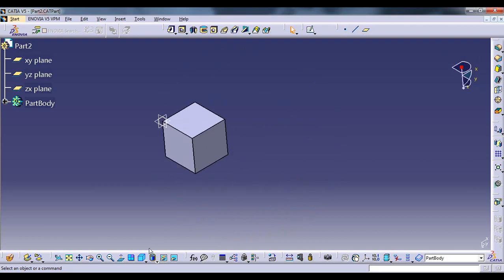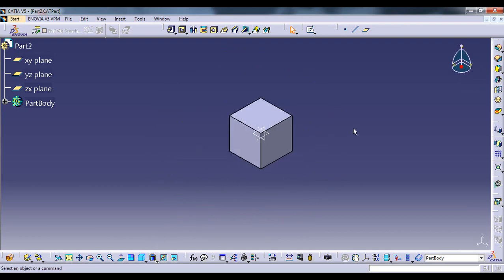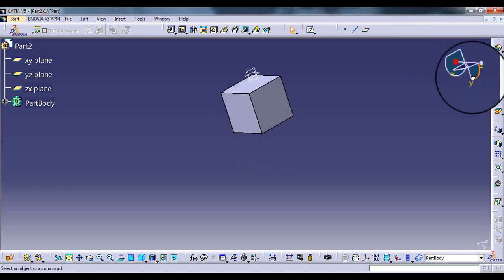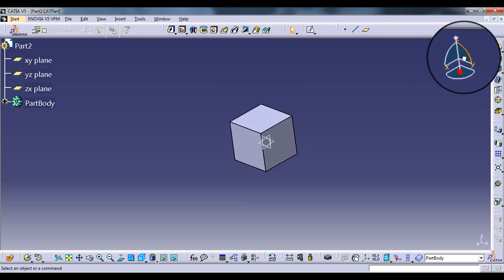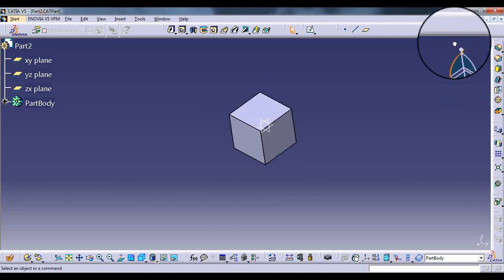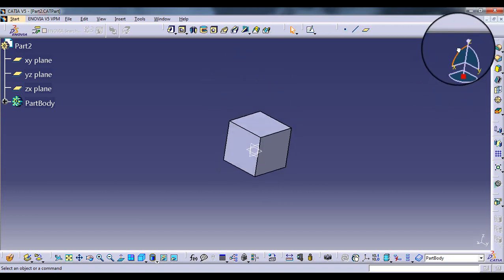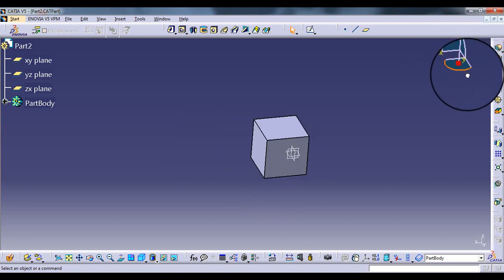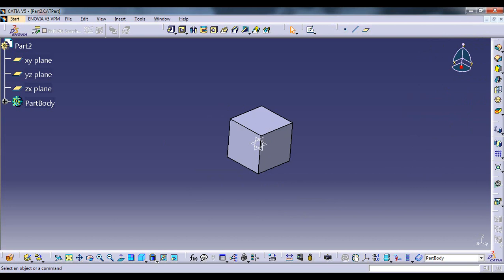If you want to achieve a rotation about a specific x, y or z axis, we need to click on this curve on this tower and drag our mouse along with it. So we can achieve the rotation about x axis. By clicking on this curve, we will get the rotation about y axis, and by clicking on this curve, we will get the rotation about z axis. So we have seen three different types of movement that we can achieve, that is zooming, panning, and rotation.